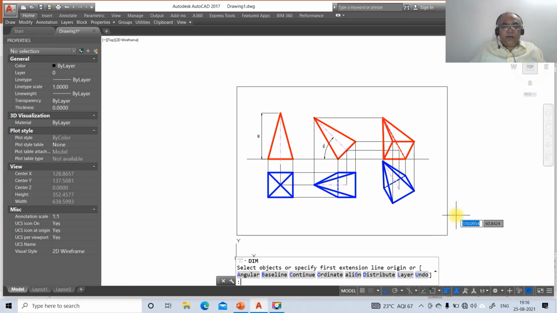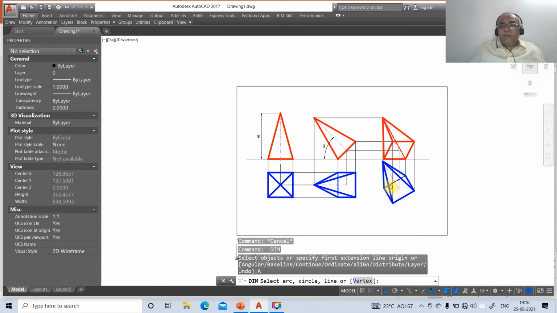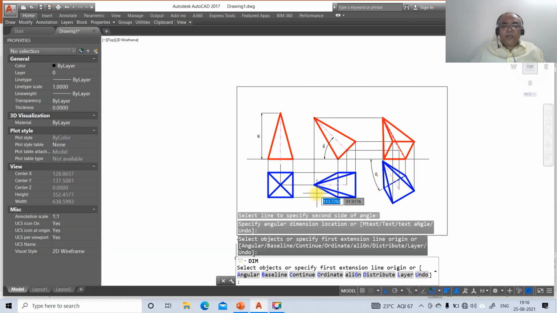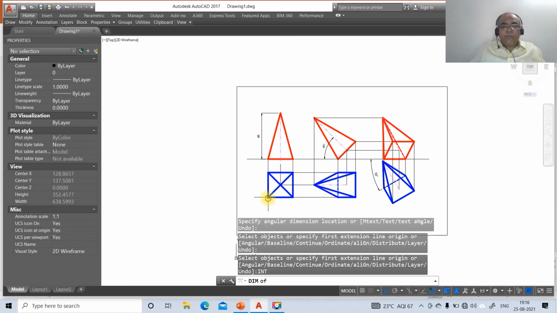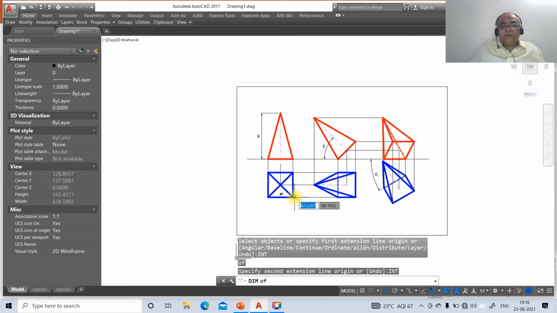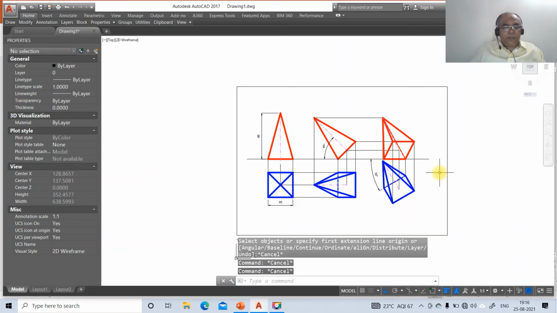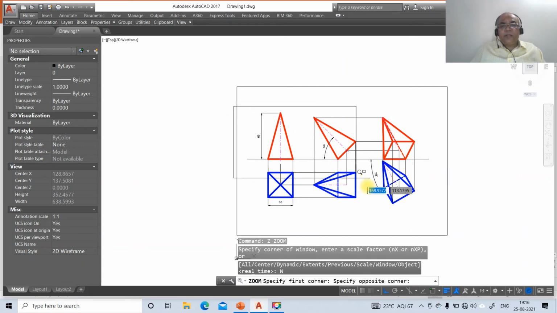Then again dim angular between this line and this line, so you're going to get 30 degrees. Then take intersection point of this and take int of this, so this distance is 35. So this is how you will be able to do the dimensioning.